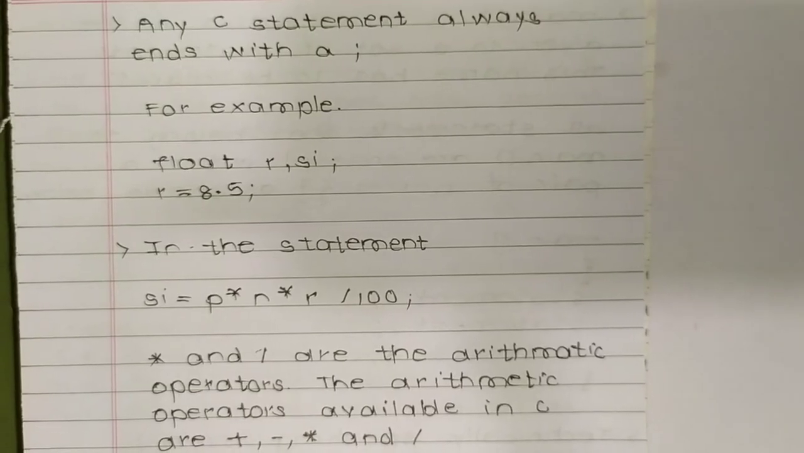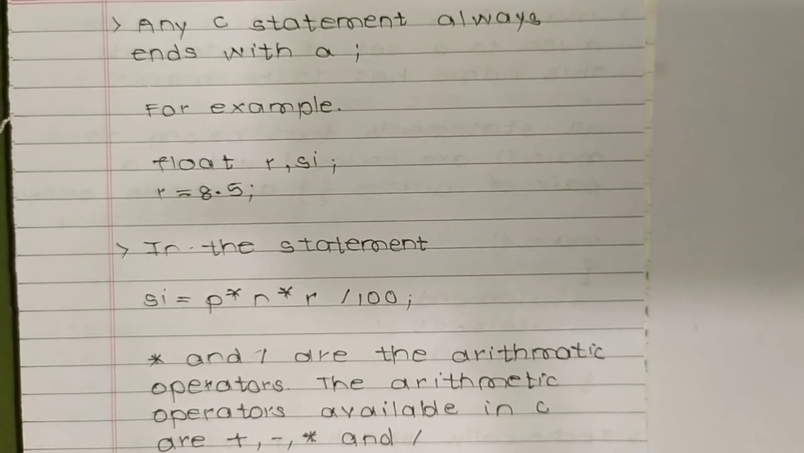Any C statement always ends with a semicolon. So a semicolon is important in any C statement. For example, float r, si; then r = 8.5; a semicolon is given after each. In this statement, si = p * n * r / 100;